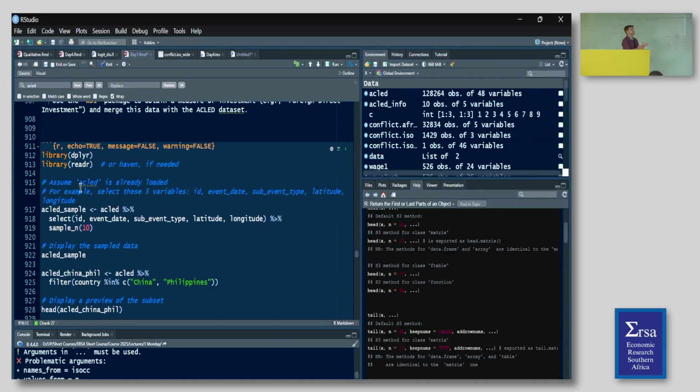If I remember, sample_n does not do replacement, so it should just be a sample with no replacement, but I might need to check that. So if we run that,